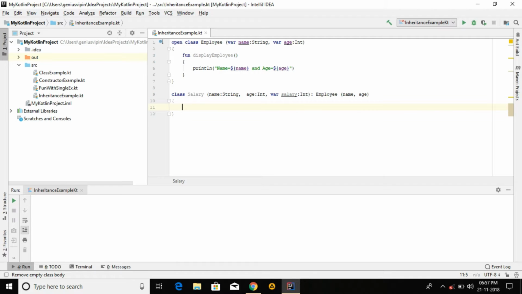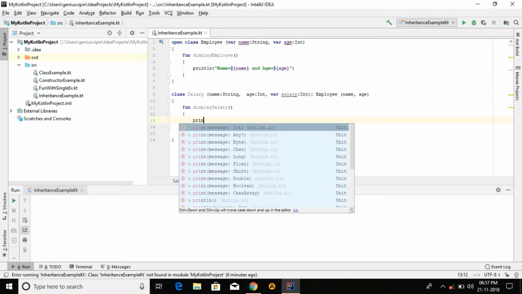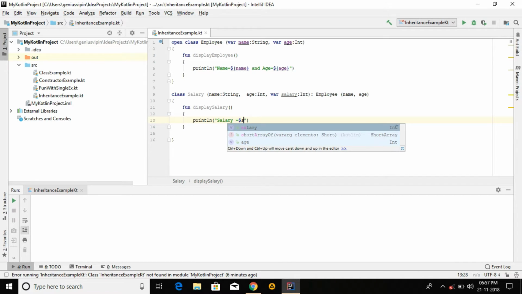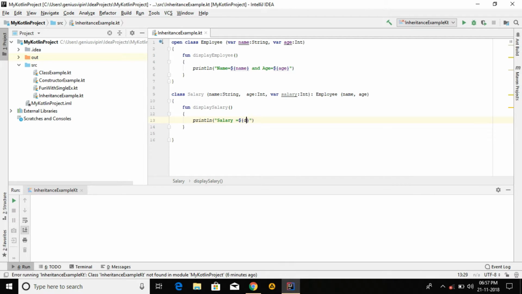So in this class we are again displaying salary, and then you can print salary equal to. Okay. Now we create a main function